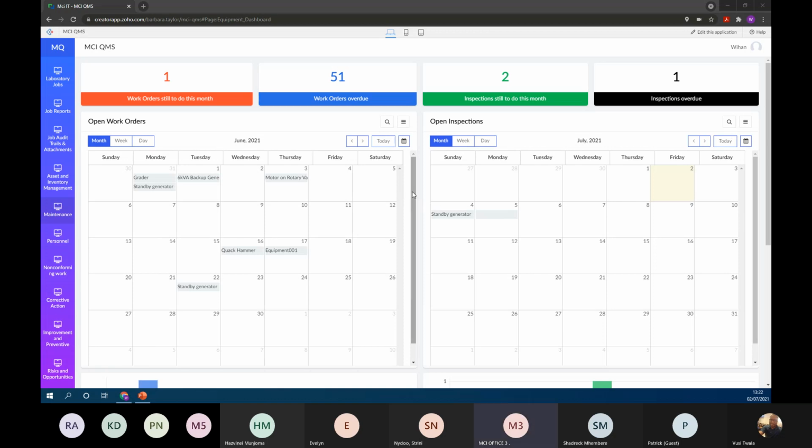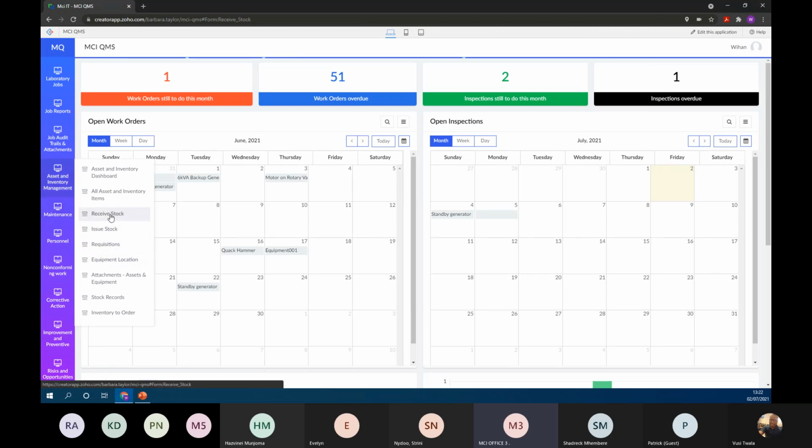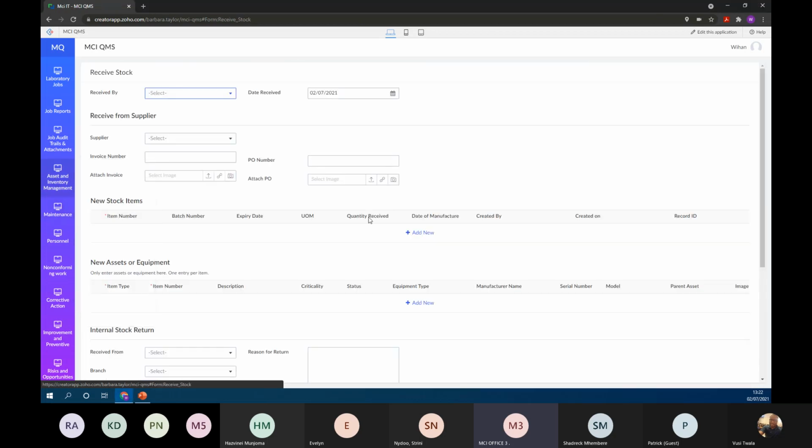Yes, but in terms of the inventory module, you would perhaps generate your order in Pastel, and you would obtain the items with the supplier invoice, and then you would receive stock. I'll just quickly show you that. And now this is quite nice. So you get to receive your stock,